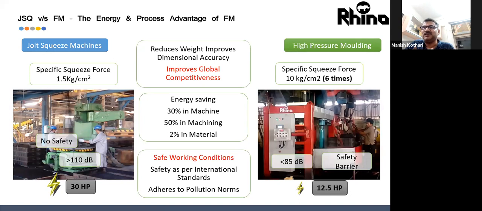pollution level standards? Am I ensuring operational safety? Because if you see on the left in the Jolt-Squeeze machine, the operator is working directly in the space where you are doing the molding. So, and if you look at the safety concern,